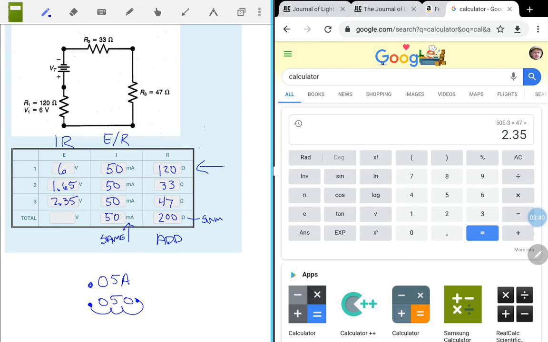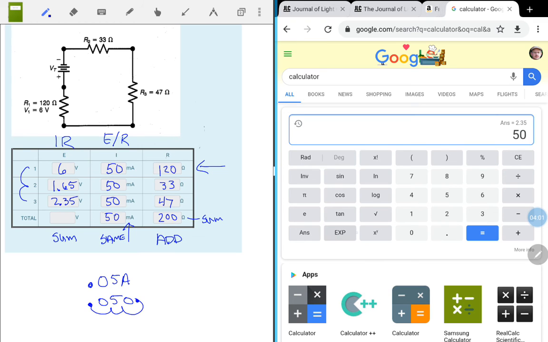And then finally, we want this voltage here. Now there's 2 ways to get this number. This number is the sum of these numbers up here because of Kirchhoff's voltage law, which says these add up to the total, or you can simply use Ohm's law here and multiply. And I think it's faster to multiply, so we'll do that. 50 exponent -3 times 200, and that works out to be